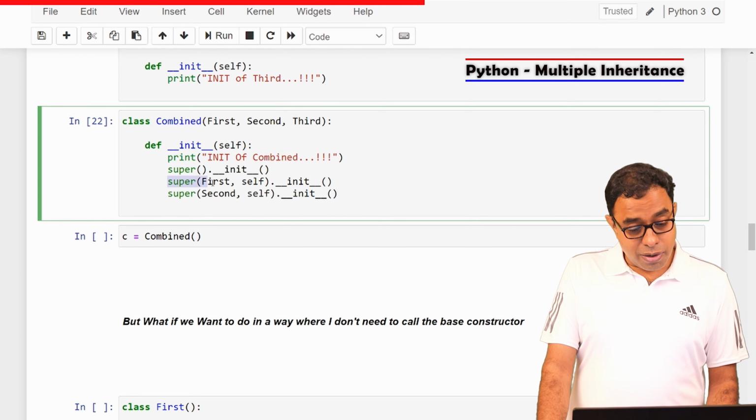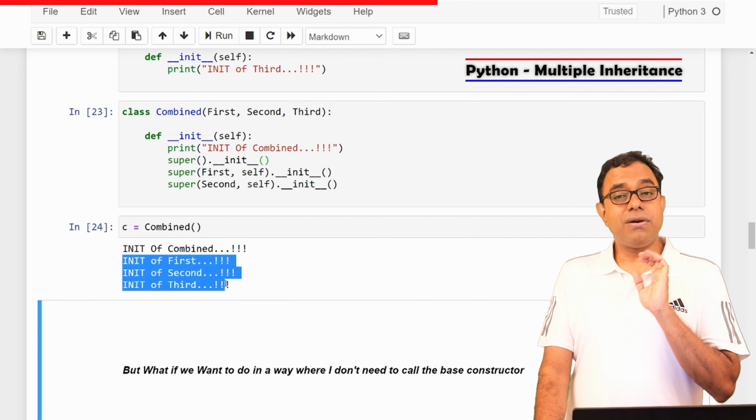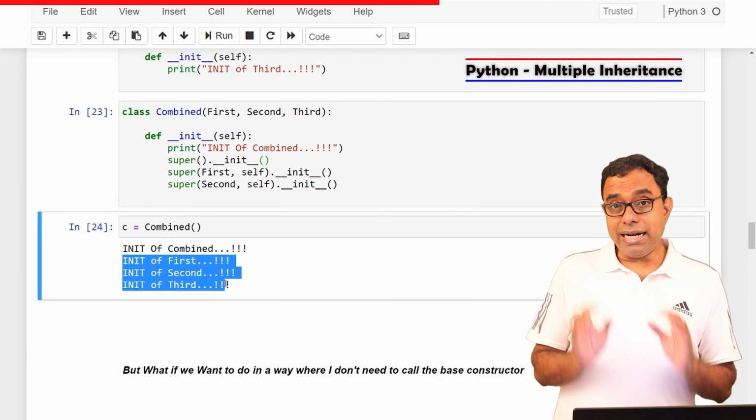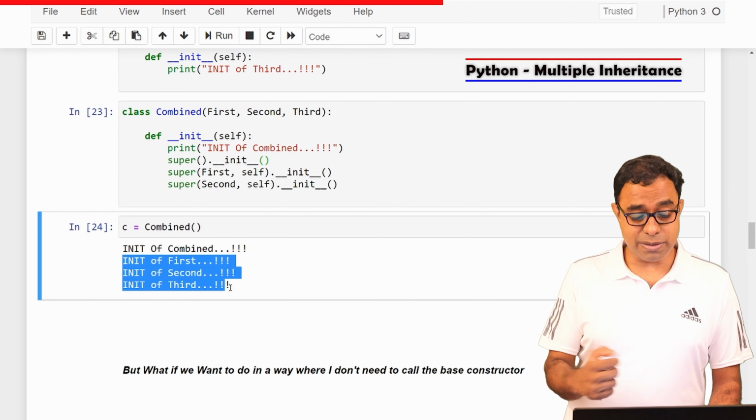Then we will have to call first self init, which will delegate this to the second one. Then we will have to call super second self init, which will delegate it to the third one. And if we go ahead and create an instance, you can see that all three init functions get called, and that is something you need to take care of, because in Python you need to make things explicit.